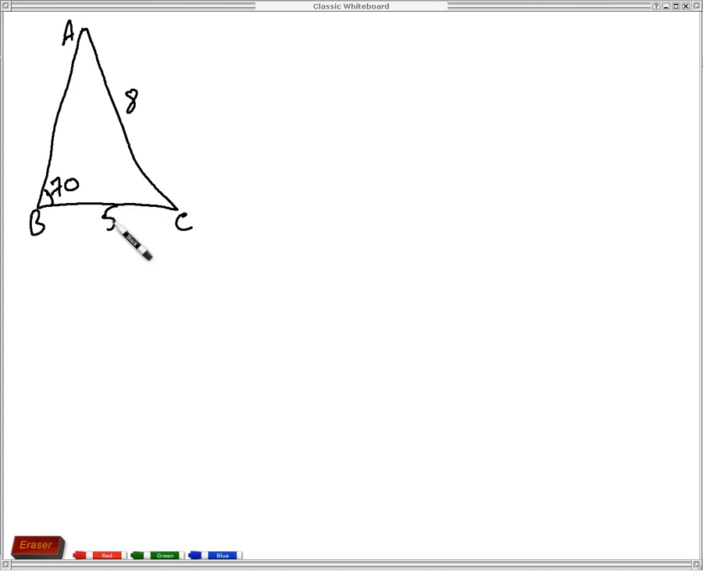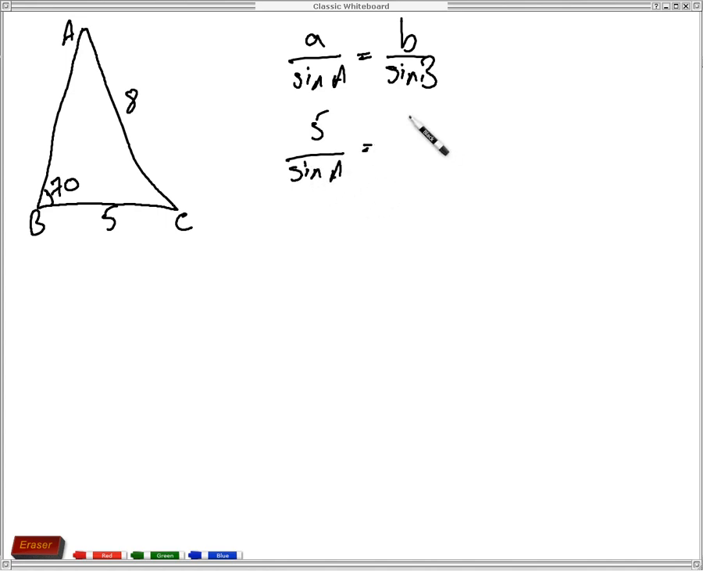So here I've got side A, side B, angle B, so I can just shorten the sine law a little bit here. I don't need to write the C's because I don't know anything about any of the C's. Let's put in the values that I know. Side A is 5, side B is 8, and that is sine 70. If I just rearrange this, then I end up with